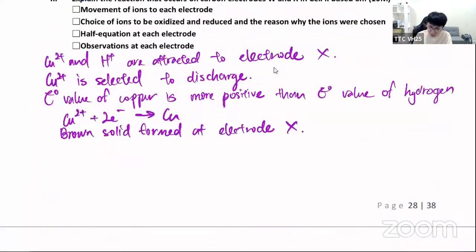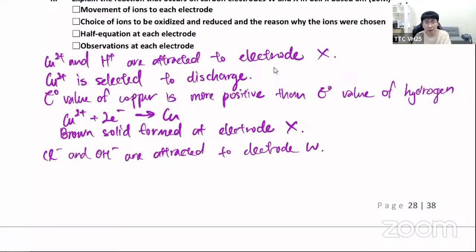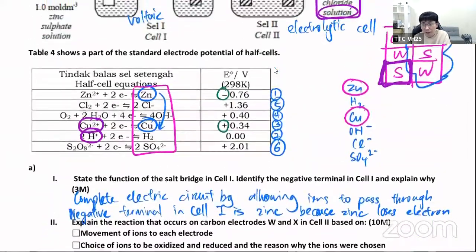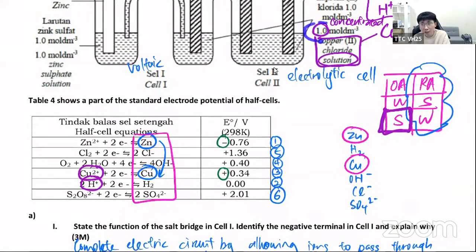Okay. So in this case, we say Cl minus and OH minus are attracted to electrode W. Okay. So if you actually go to the electrode W, you're gonna choose one now. Guys, usually, just now on the cathode, I chose the stronger agent, explaining by talking about the E0 value, right? But guys, if you remember, just now we discussed,